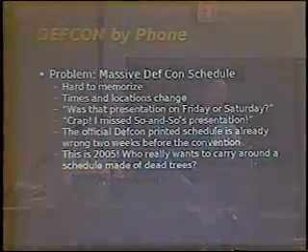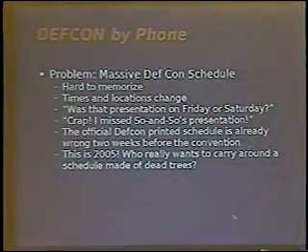What it is, last year I came up with this. There's this massive DEFCON schedule. First off, you can't memorize the damn thing. Secondly, the times and locations change, and if you lose your paper schedule, you don't remember off the top of your head every station, Friday, Saturday, 2 or 4 p.m., and then you realize later on, shoot, I missed this presentation. And of course, the official print schedule, as you know, is already out of date 3 weeks before the convention. So, and besides,